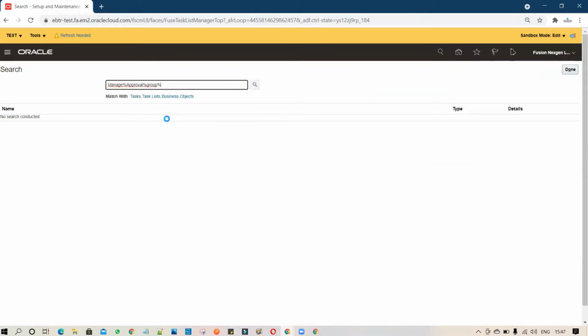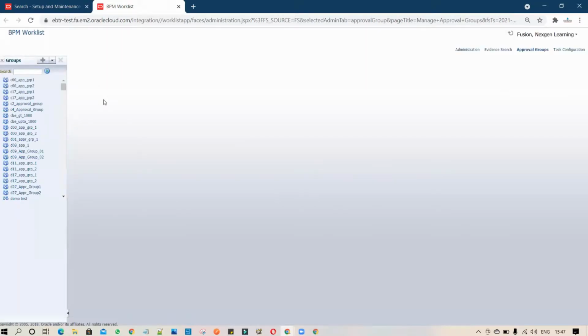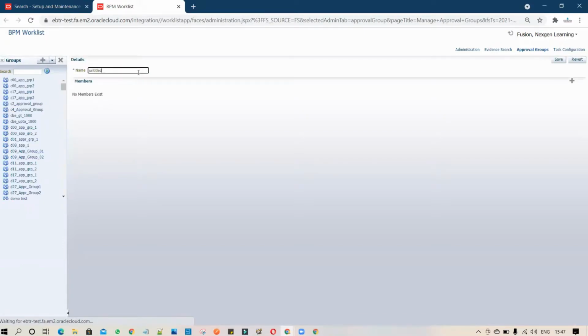Once you search, it will prompt the task. You have to click on task. It will redirect you to the BPM work list UI, where you can set up your approval group based on your business requirement. To create new approval group, you have to click on edit.